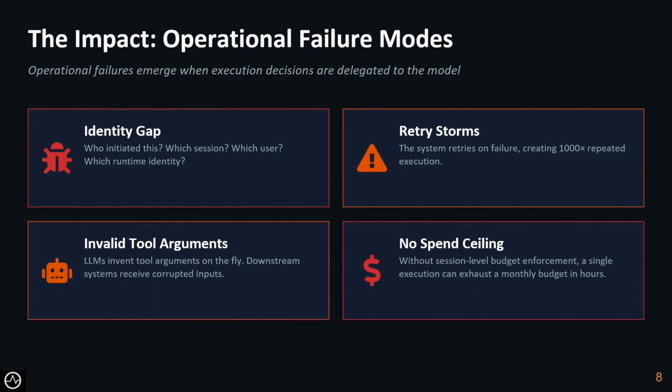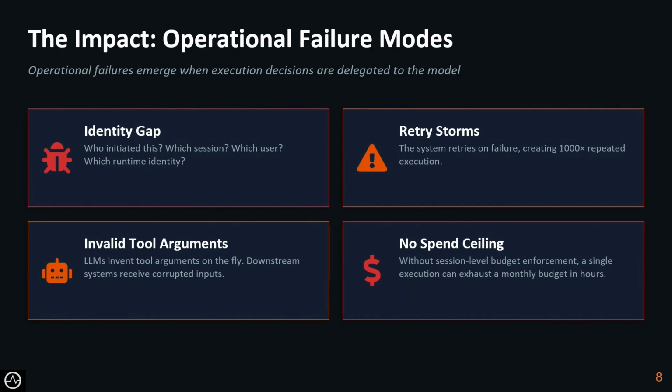You will see identity gaps: who initiated this, which session, and which user authorized it, and so on. You get retry storms. Agents recursively retry until they get a successful response or the budget is exhausted, right? You get invalid tool arguments because the model generates parameters on the fly, so they could contain hallucinated parameters, right? And perhaps most importantly, you get no economic boundary, right? A single execution path can consume an enormous budget before